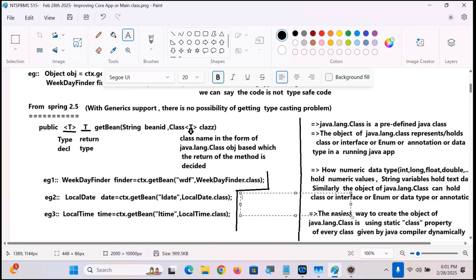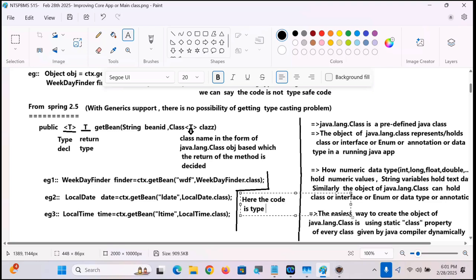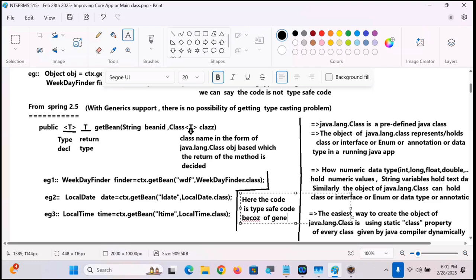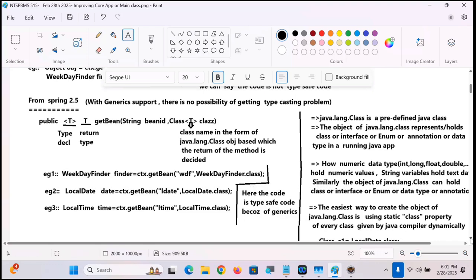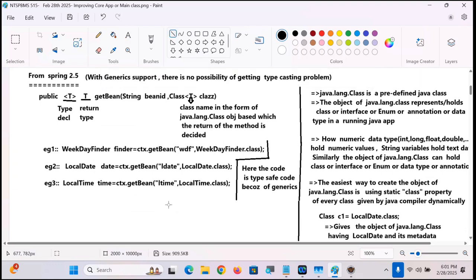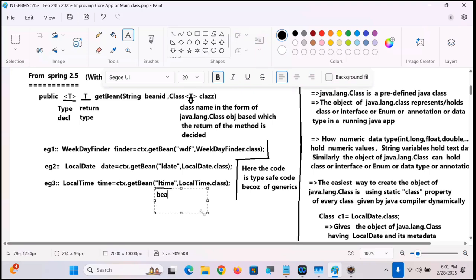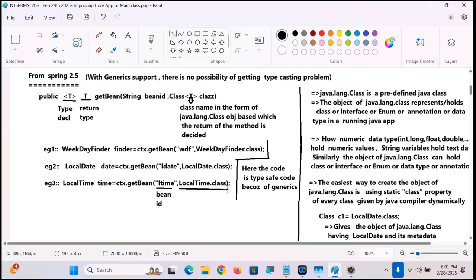LocalDate class. Here the code is type safe code. Here the code is type safe code because of generics. Because of generics. Convinced with me, Naira? Yes. What is this, guys? Bean ID. What is this? Bean ID. What is this? Passing the LocalTime class